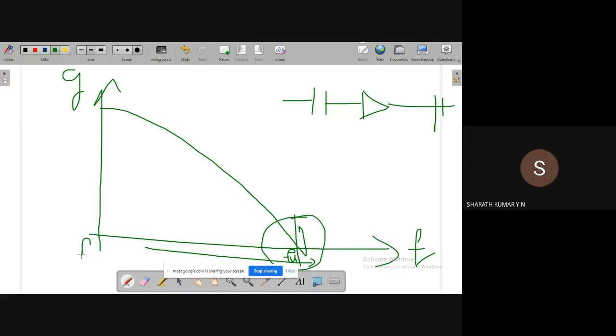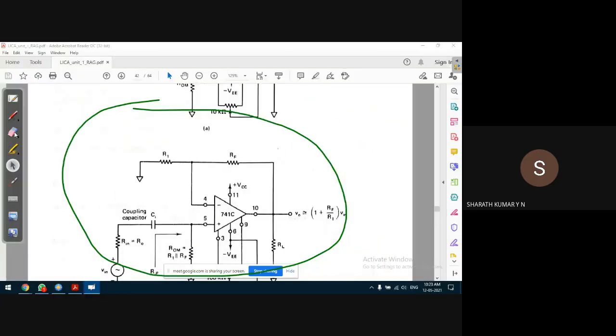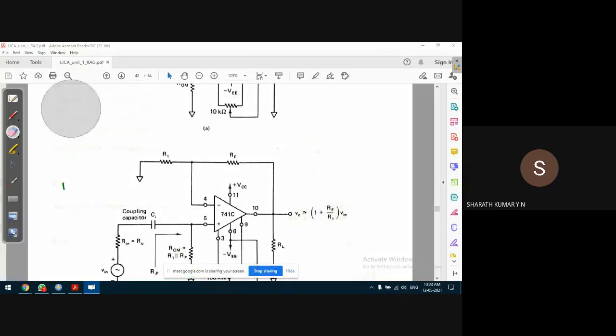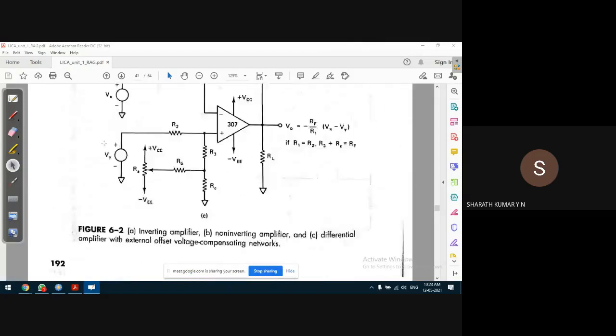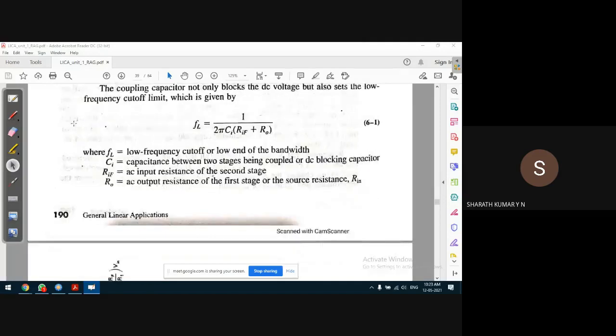Let us say there is a lower cutoff frequency FL and an upper cutoff frequency FU. These frequencies are affected when we have coupling capacitors in an AC amplifier. If we don't have a coupling capacitor, then it cannot be a pure AC amplifier. We need to go for a coupling capacitor. But since the capacitor is an AC component, it will affect the frequency of operation of the entire AC amplifier circuit. How does it affect it? Let us understand using the formula. This is the frequency of operation of an operational amplifier circuit when the coupling capacitors are introduced into the circuit, which we then call an AC amplifier.